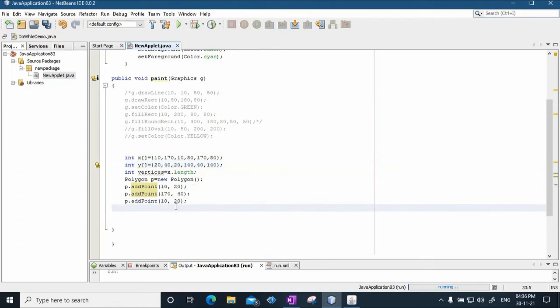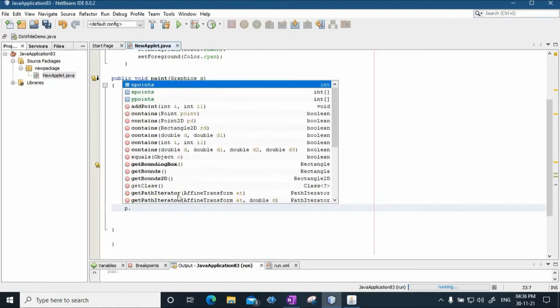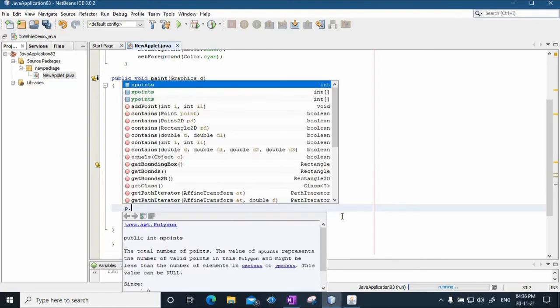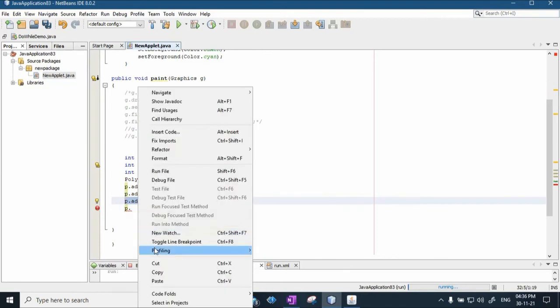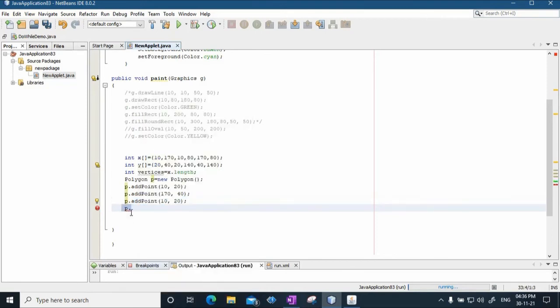Fourth point is P dot add point, 80, 140.